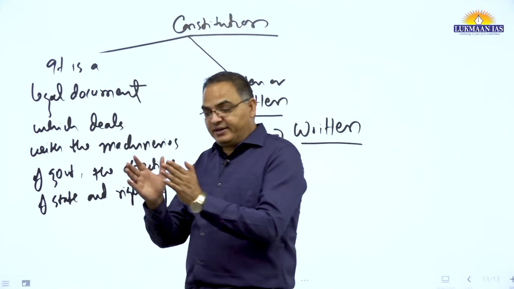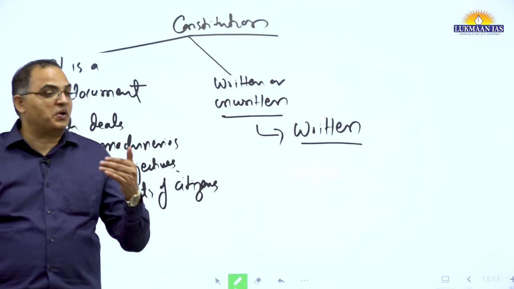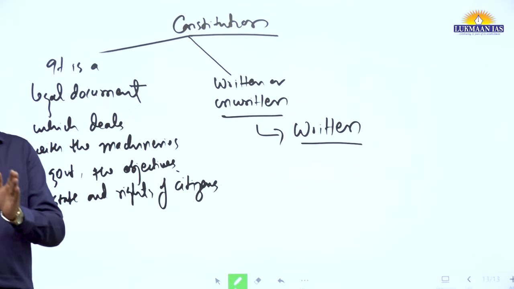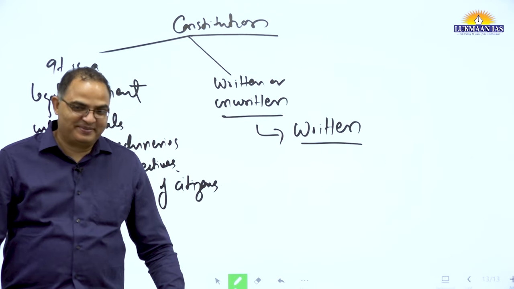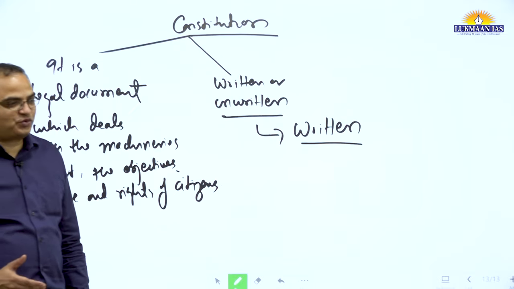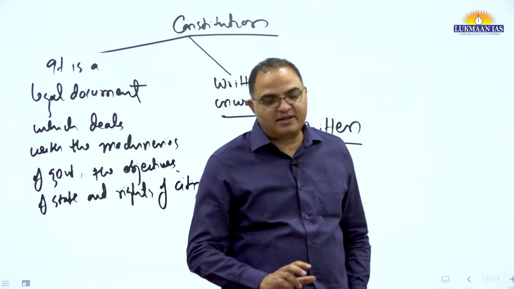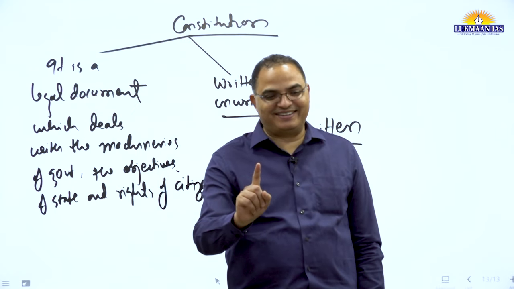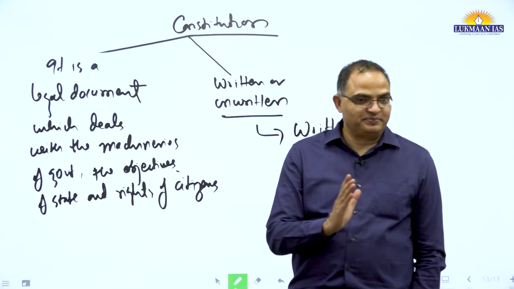So when a written constitution is adopted, it becomes the fundamental law of the land. It becomes the most important law of the land, and all other laws become subordinate to that. So we have a written constitution. The US has a written constitution. It is a fundamental law. What is the biggest law in our country? Constitution. For a state, the constitution is the most important law.